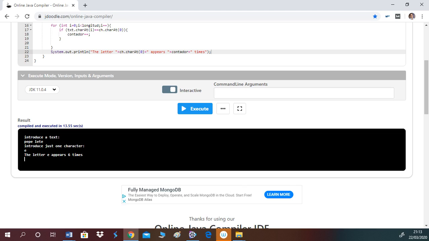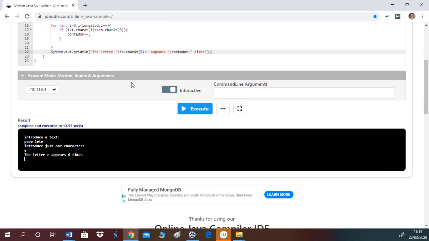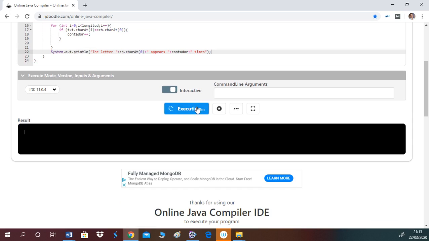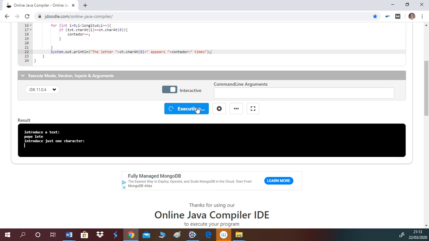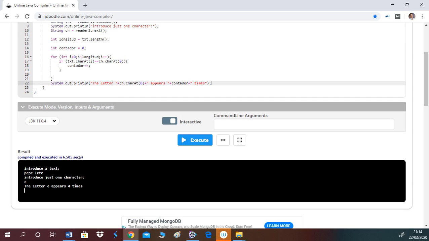So I'm doing something wrong. Let me try again. Pepelete. I don't know what happened before. It was maybe because I had introduced